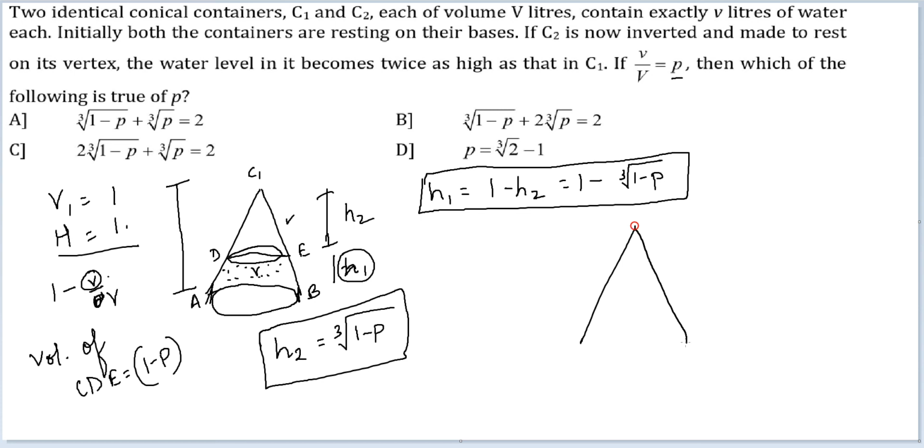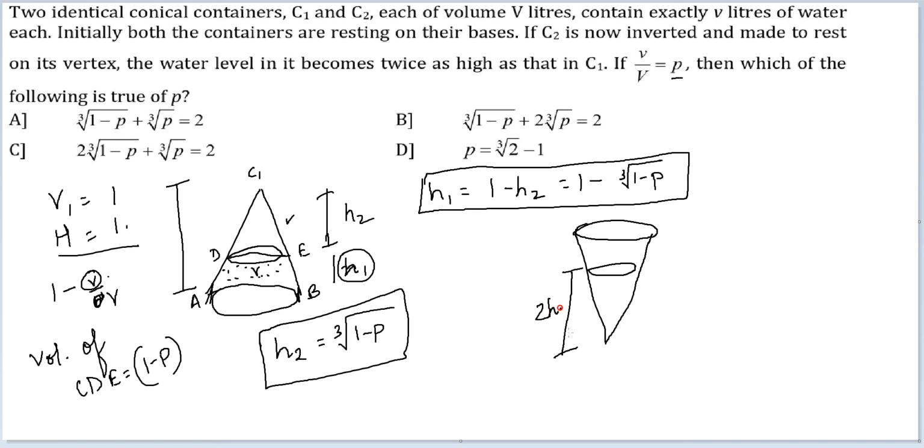Okay, let's get to the second cone. Sorry, this is a straight up cone. We need an inverted cone in the second one. Something like this would happen. This height will now be 2h, and this volume would be V. If this volume is V, we know the precise value of V is V by capital V, which is 1 only. So 2h1 would be nothing but under root of P.